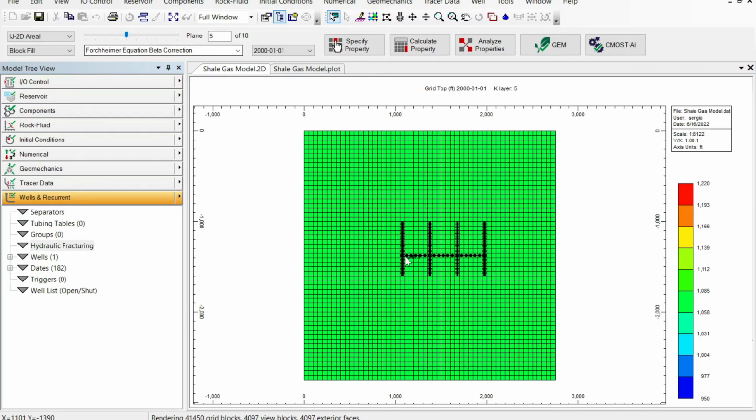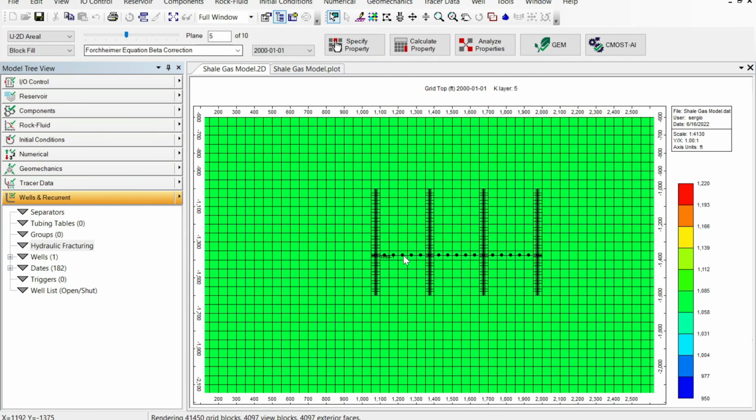As you can see, this side is shorter than the other side because remember we placed 35 in this direction and 3500 and 200 for this direction. If we make a zoom